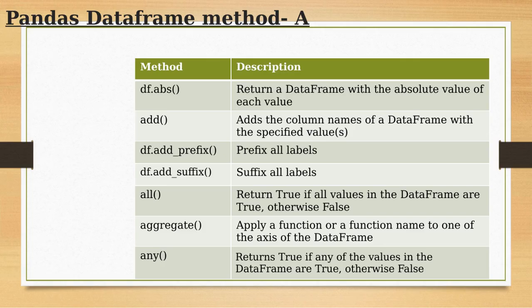all() checks whether all values in a row or column satisfy a condition, and returns true only if every value meets the condition. aggregate(), or agg(), applies one or more summary functions such as sum, mean, minimum, or maximum to rows or columns. any() checks whether at least one value in a row or column satisfies a condition, and returns true if any